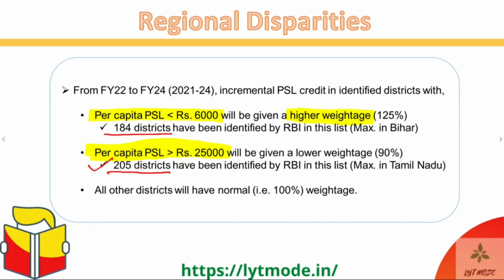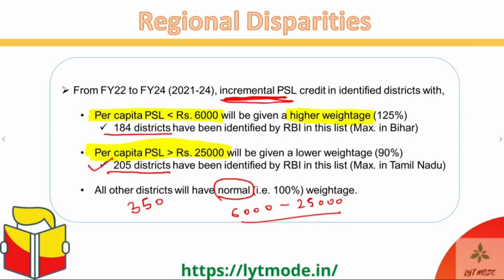Both of these add up to close to 400 districts, and India has close to 750 districts, which means the remaining 350 districts go into the normal category, where the PSL per capita is between 6,000 and 25,000. Now the interesting fact here is that the PSL credit limits have only been changed for the incremental PSL given in these districts, which means if last year, suppose an X district lies in the per capita more than 25,000